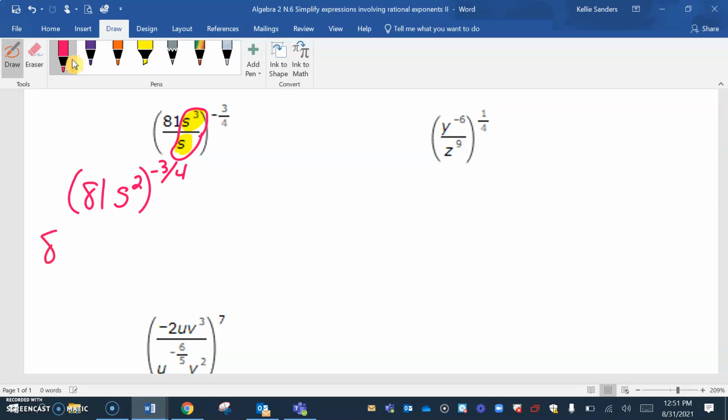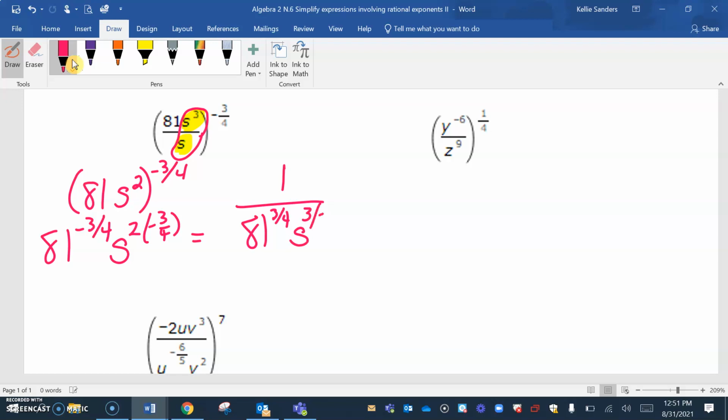we have 81 to the negative 3/4, s squared to the negative 3/4. Both of those are going to be negative, so both of those are going to go on bottom. 81 to 3/4, negative 3/2, so it'd be a positive 3/2. And the s is going to stay,